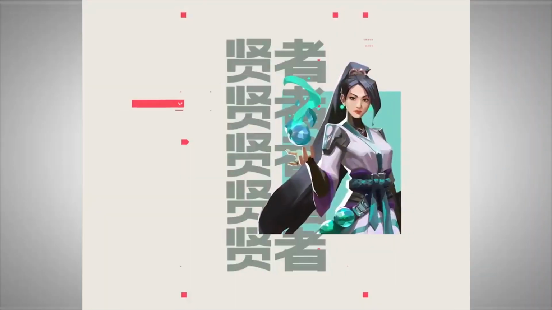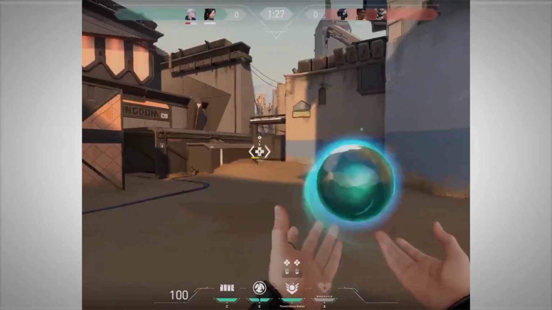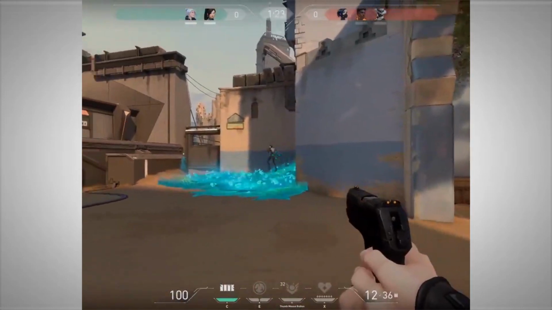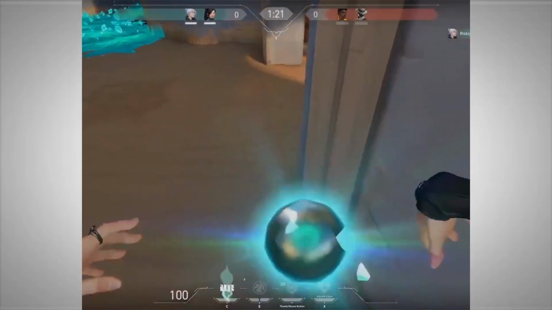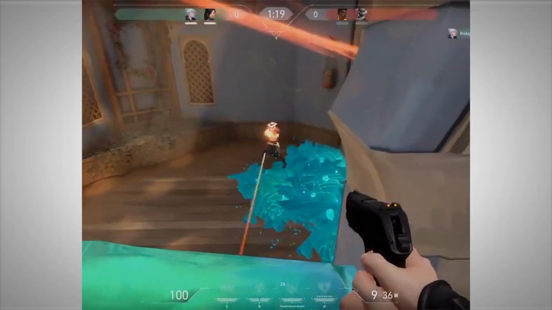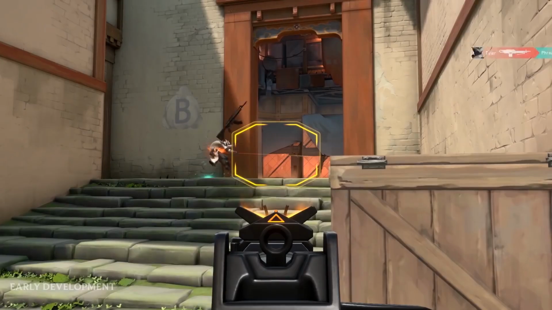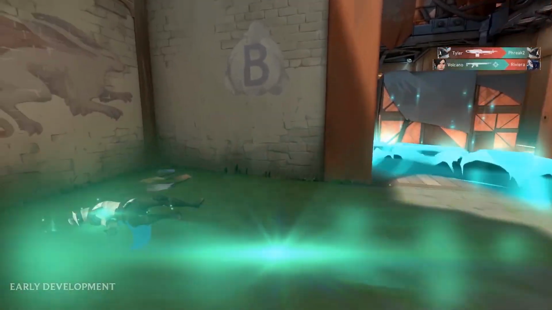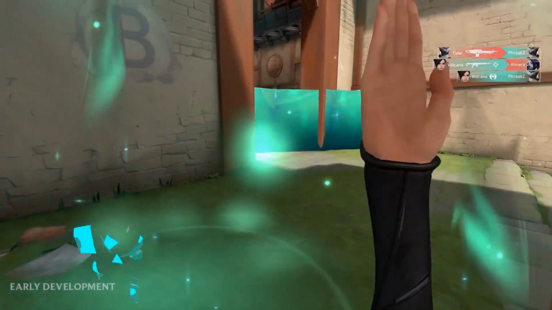Up next is Sage from China, who is the ultimate support in the game, with her heals, slow orbs, and resurrect ability to give every advantage to your team. Her signature ability is Healing Orb, where she can heal an ally or herself to full health over a few seconds. Her two purchasable abilities are Barrier Orb, which lets her conjure a large solid wall, which can be destroyed